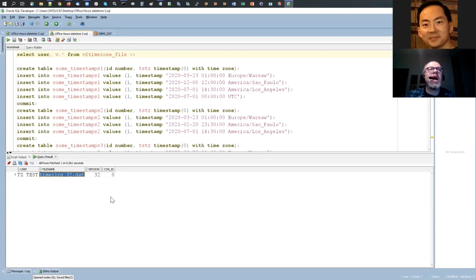database. However, I have installed a patch which gives me version 34 available. This was released, I think, last year, actually. And this file contains 2019 changes. So let's see, maybe